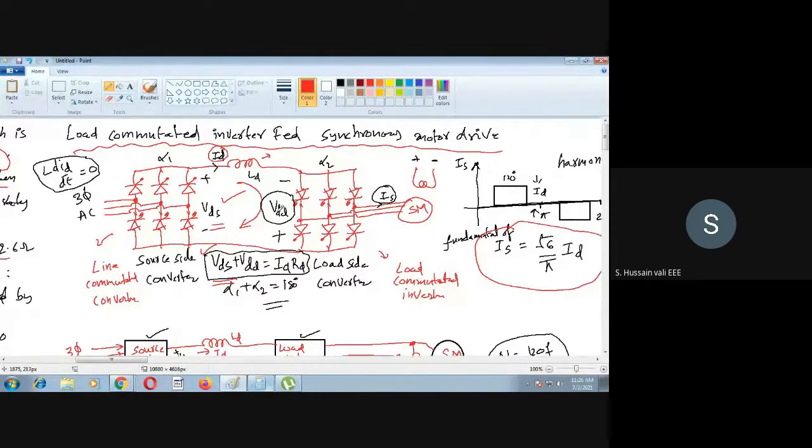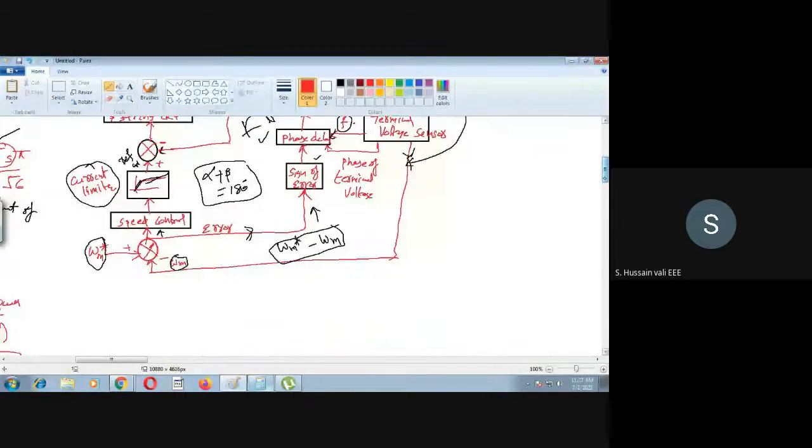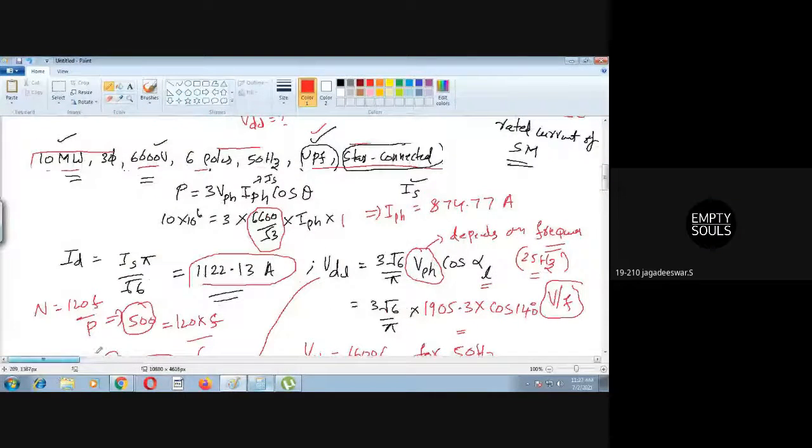I don't think it is possible, because the source is on the left side. The source is this side. So obviously this voltage should be more than this, because there is a drop here also. There is a drop, and that too it is an inverter. So the power flow is like this. Am I correct now? You agree with me that the power flow is like this? Yes, sir. So if the power flow is like this, then we can easily say with this simple logic that the left side part will have higher potential than the right side part. Am I correct now? Yes, sir. So I think we are doing the right thing. Okay. Do you understand now? Yes, sir. Okay.